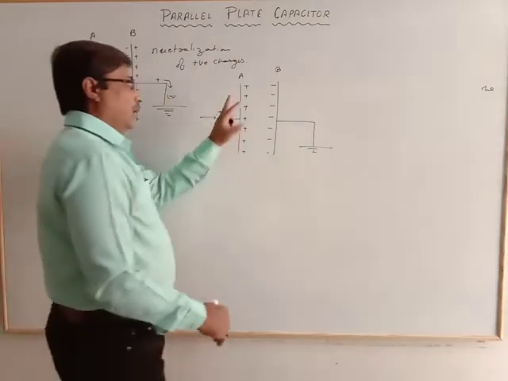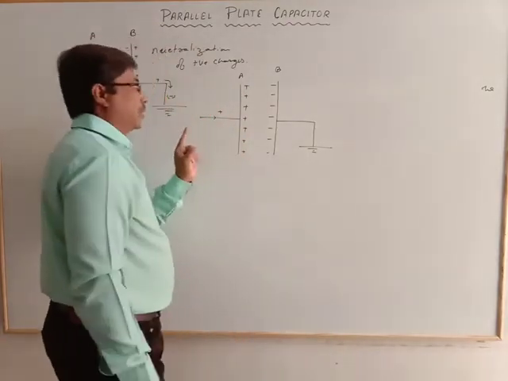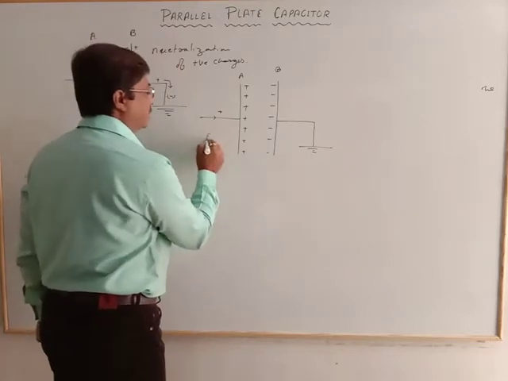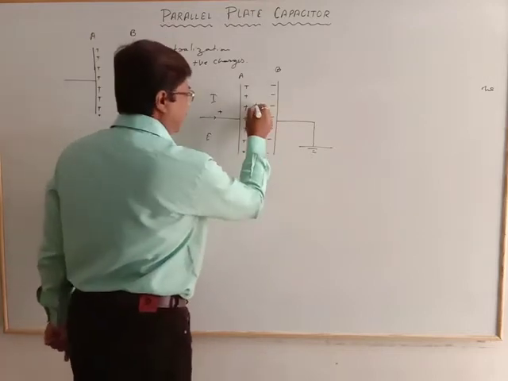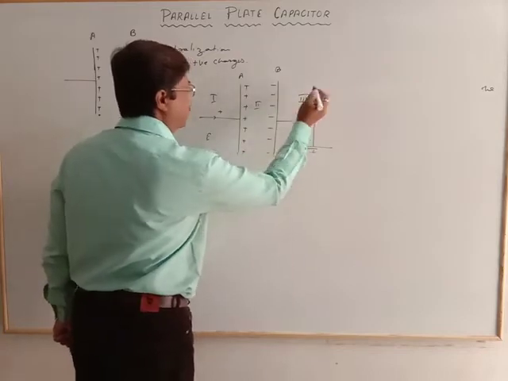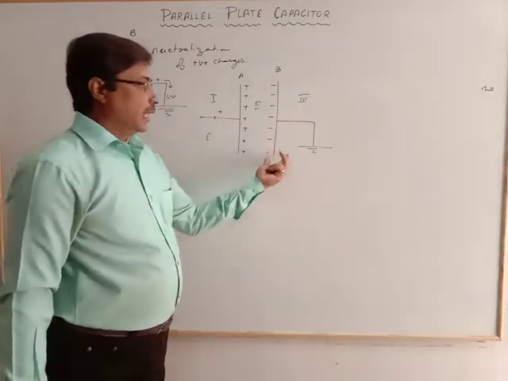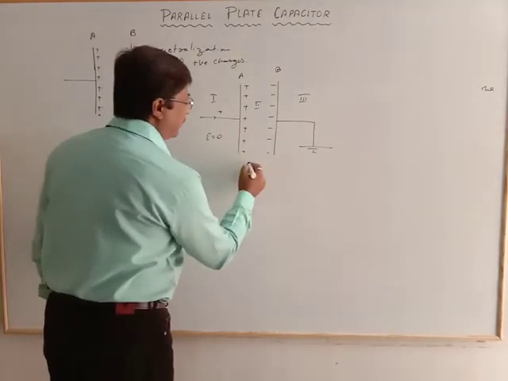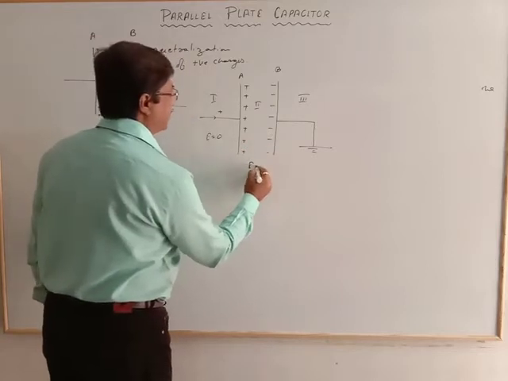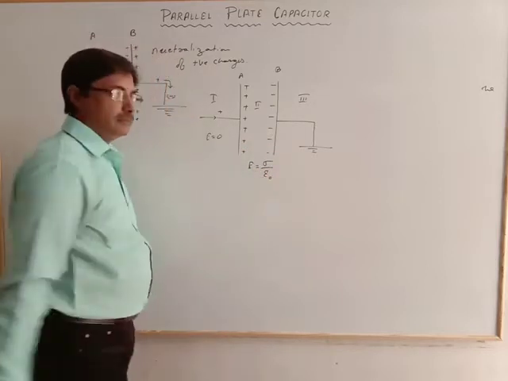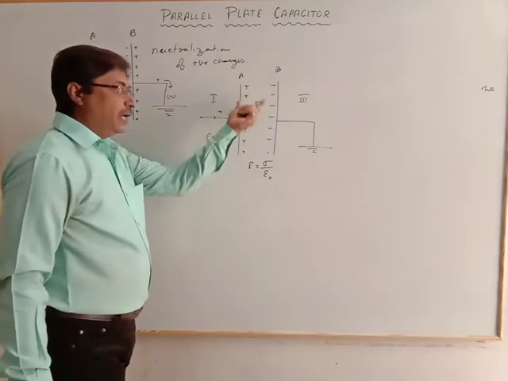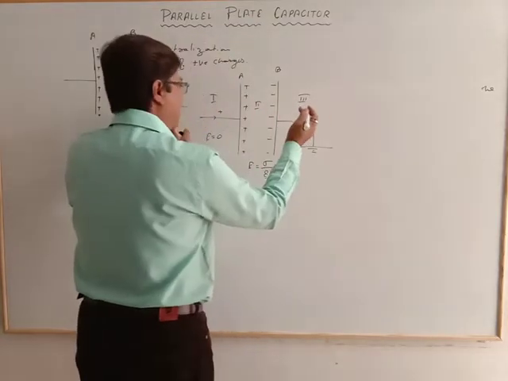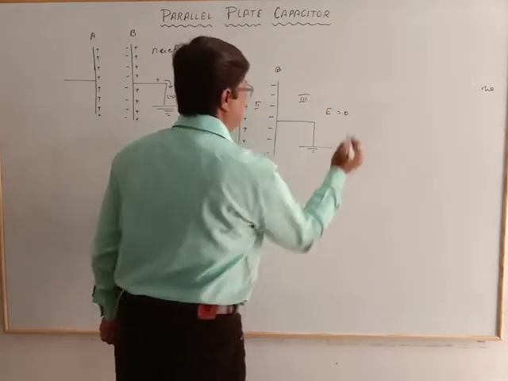So we are discussing here regarding the electric field. Electric field in the first region, let it be the first region, second region in the middle, and third region at the right of the plate B. We can say that E is equal to 0 here, but in the middle of these two plates, E is equal to sigma by epsilon naught. The value of the electric field lies only between the two plates. On either of the outer sides, the electric field value is equal to 0.